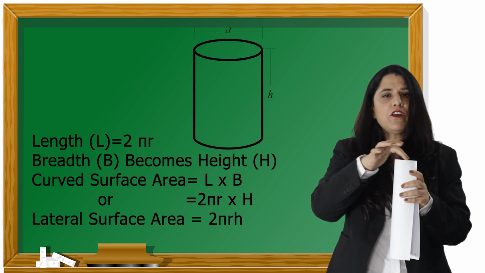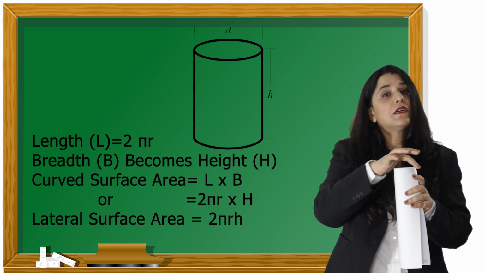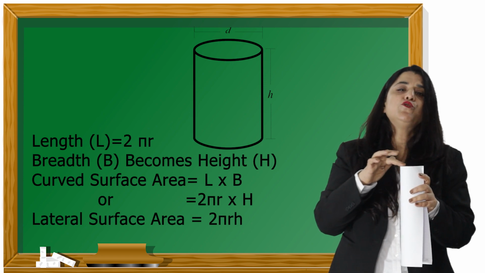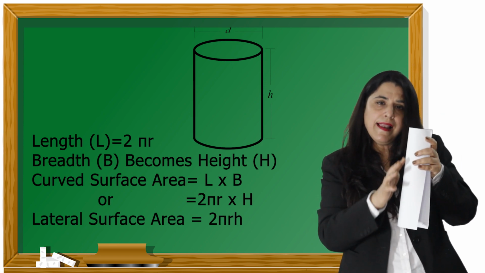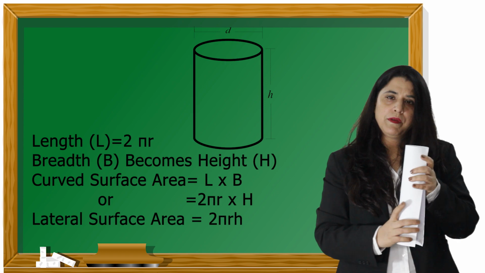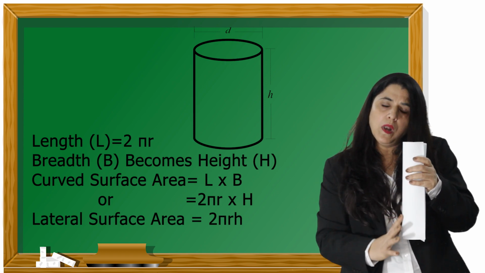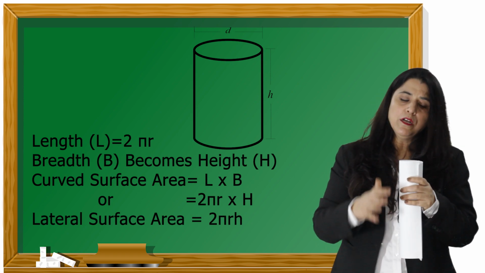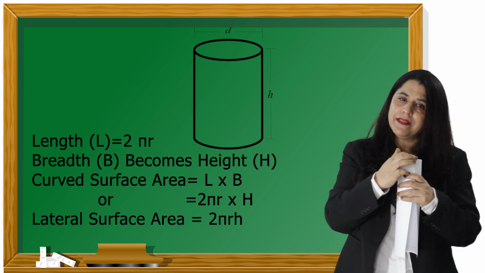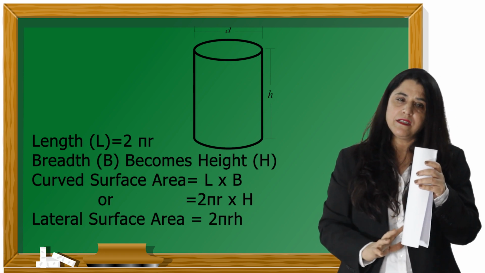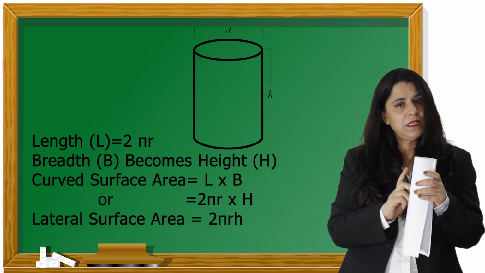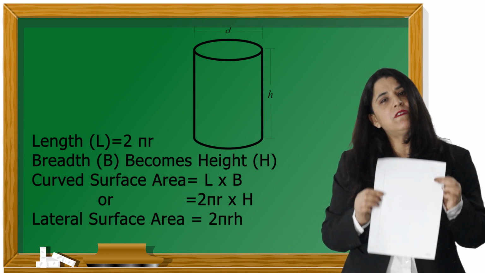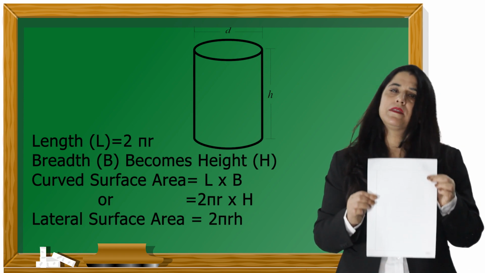And what is the perimeter of a circle? It forms the perimeter or the circumference of a circle, which is 2 pi into r, and the length becomes the height, because the circle goes along the whole length. Yes, and this becomes the height. Clear? So 2 pi r, breadth is now the radius and the height. They may vary in both the cases, but still the curved surface area remains the same.